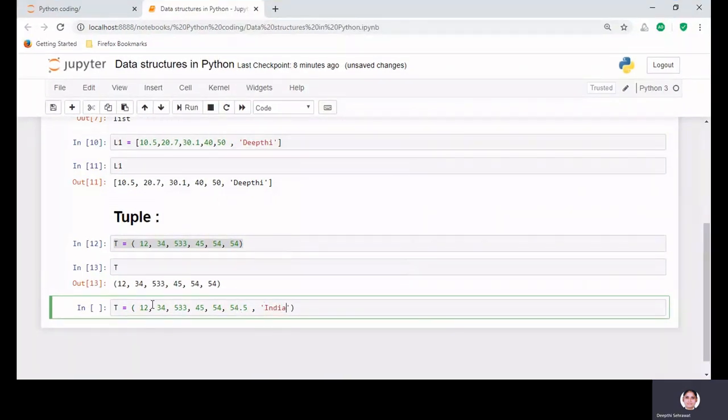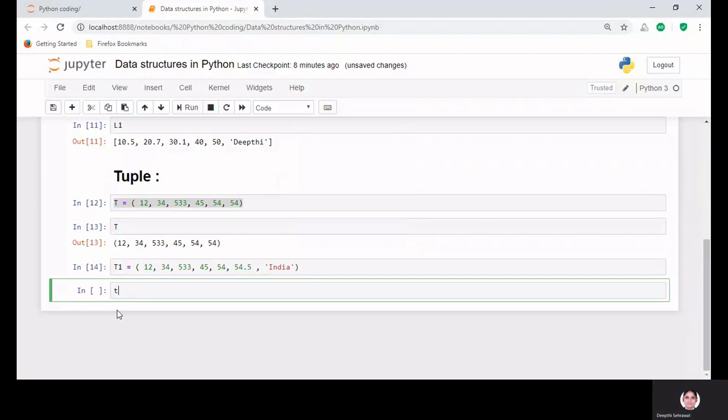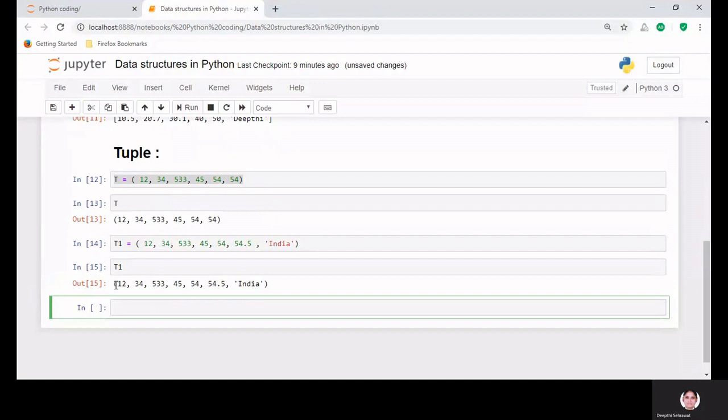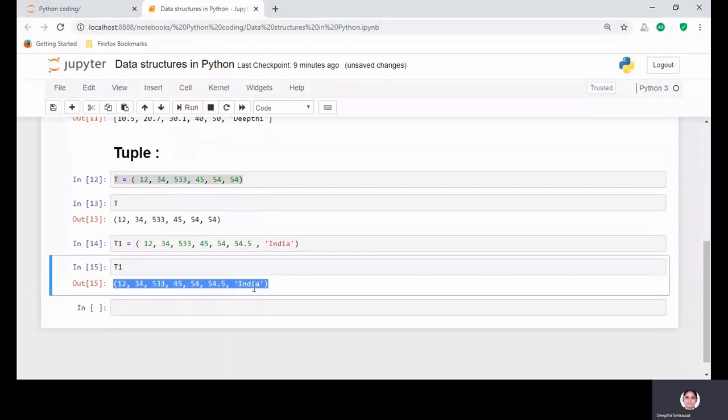So now it has a mixed data type consisting of integer, float value as well as string. Let's see whether it works or not, and let's change the variable to T1. Now see what T1 holds. Yeah. So it means a tuple can also consist of integer, float and string values, a combination of different data types.